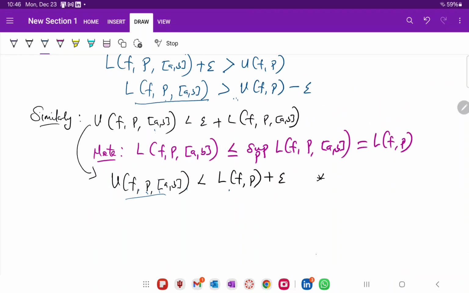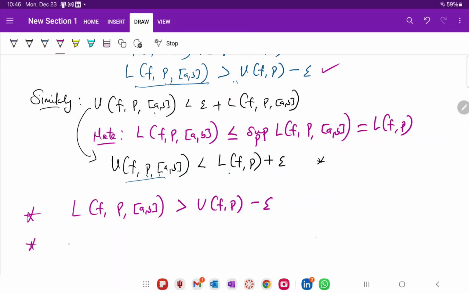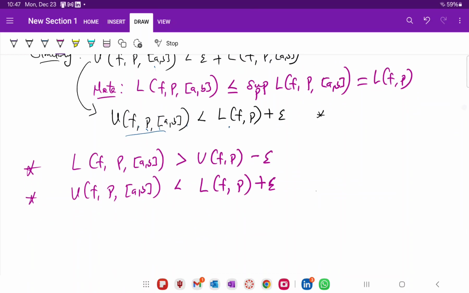So we have the lower Riemann sum greater than the upper Riemann integral minus epsilon, and then we also have the upper Riemann integral on a, b that is also less than the lower Riemann integral plus epsilon. So then we can now make a conclusion